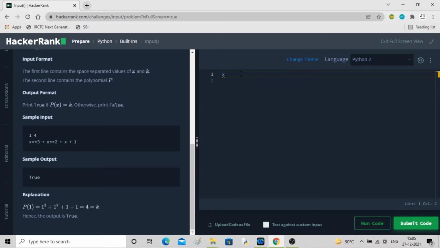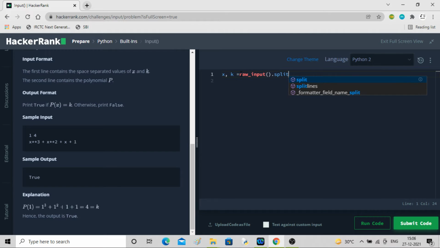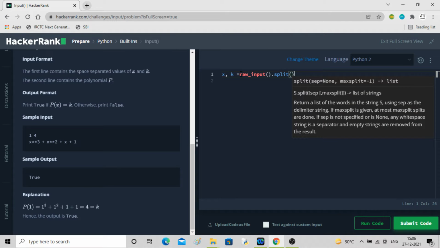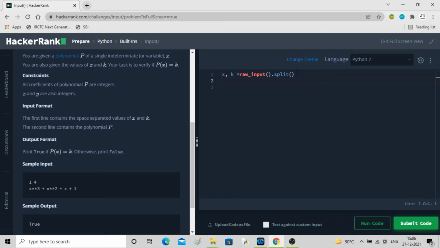First I'll take the values of x and k. Instead of input I'll use raw_input().split(). This is how I'm separating these two values, but they will be in string form.